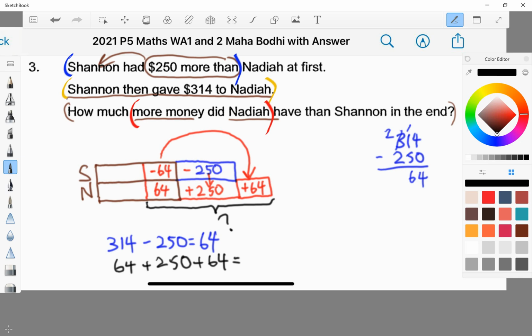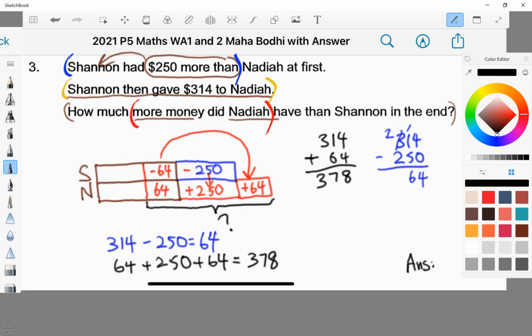So I'll actually do 314 plus 64, and I'll do my working by the side. As you can see, 4 plus 4 I get 8, 1 plus 6 is 7, and 3 comes down. So everyone, the answer for how much more money did Nadia have than Shannon in the end is none other than